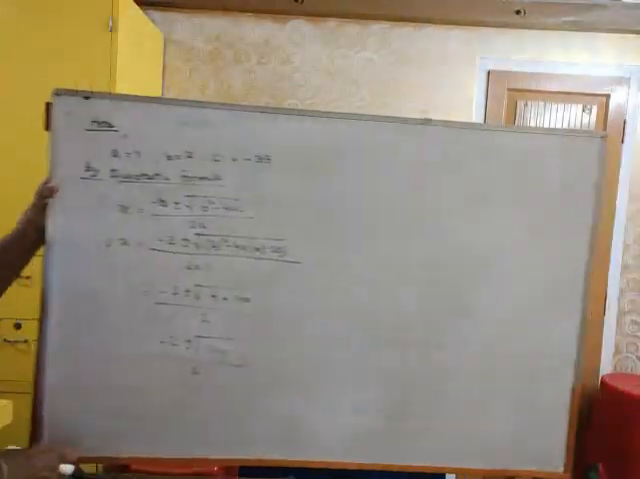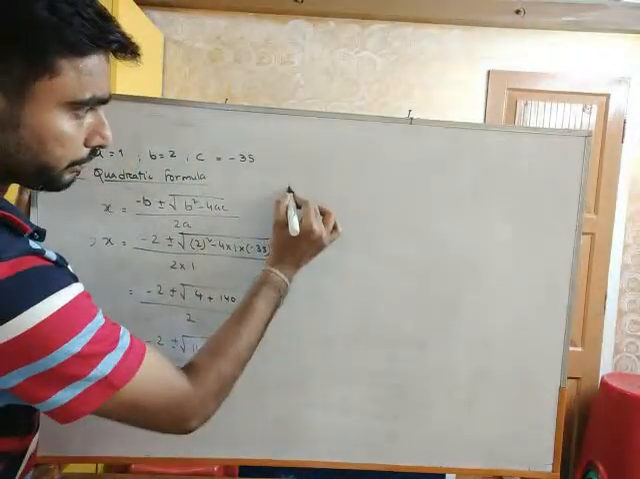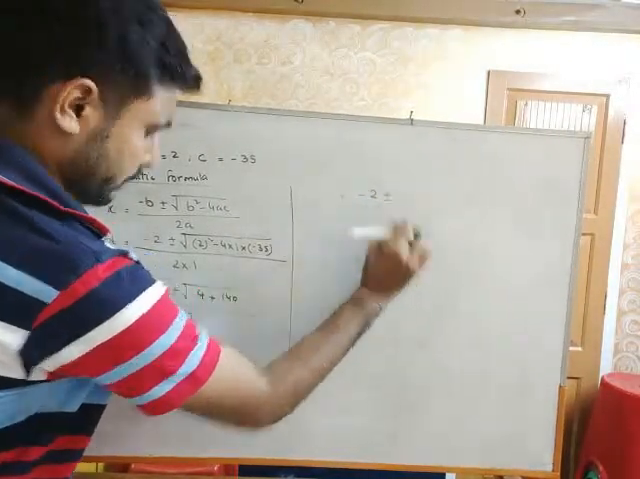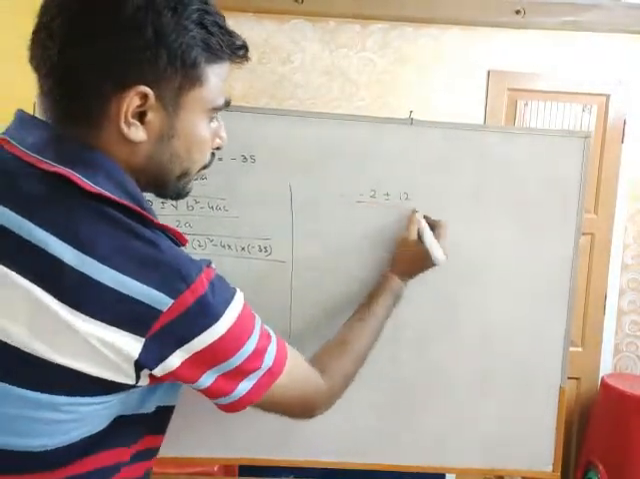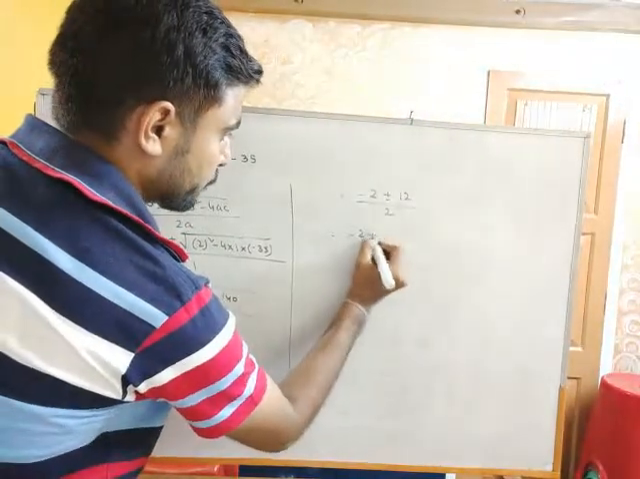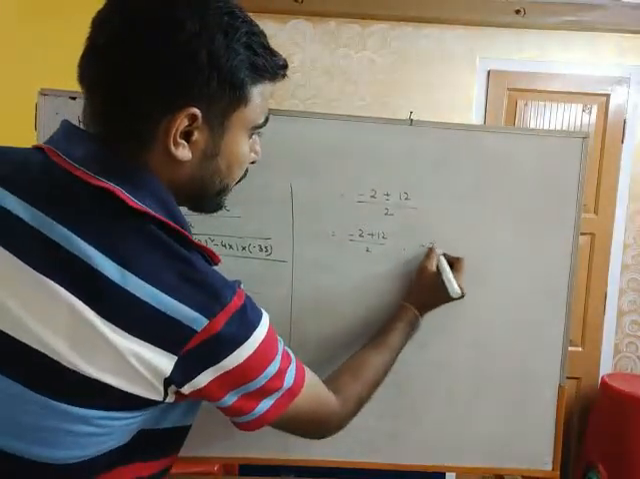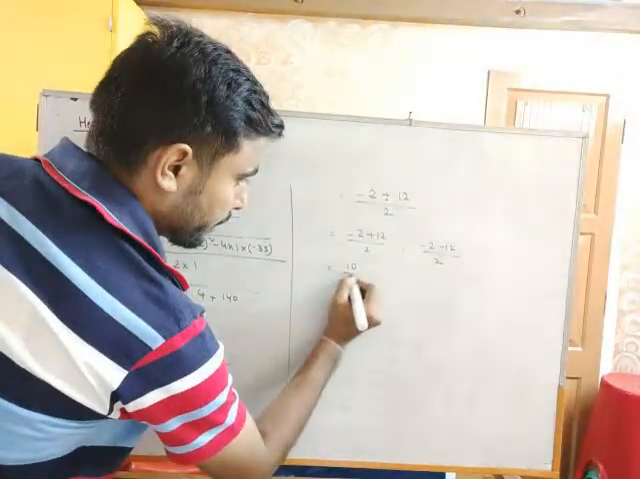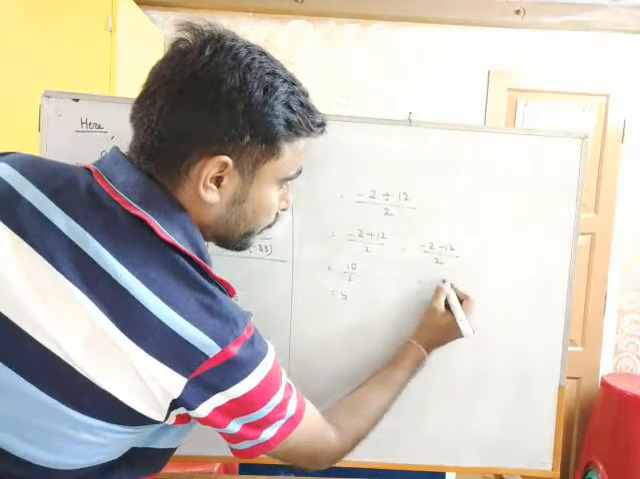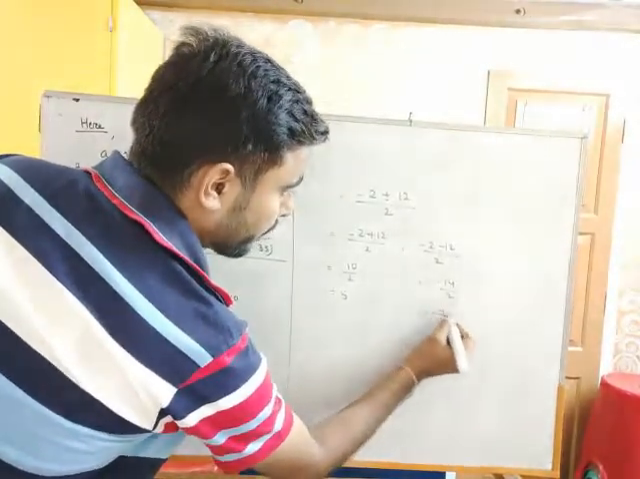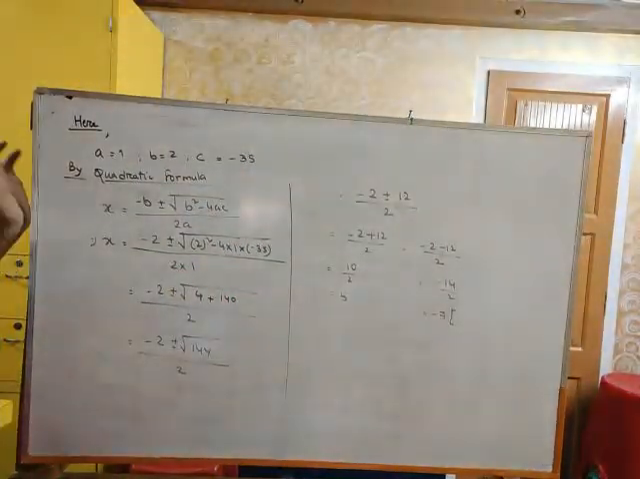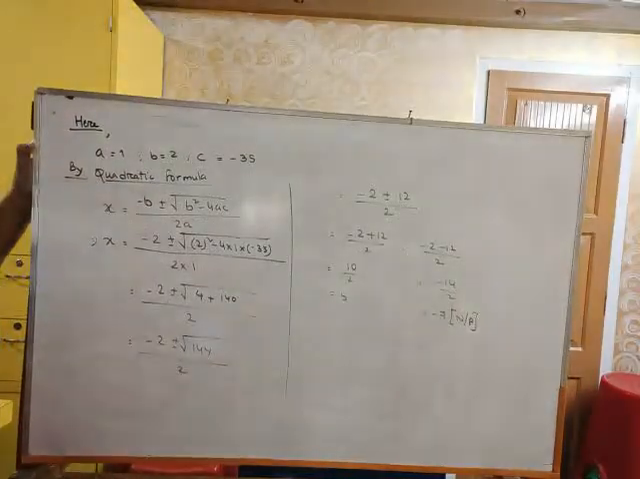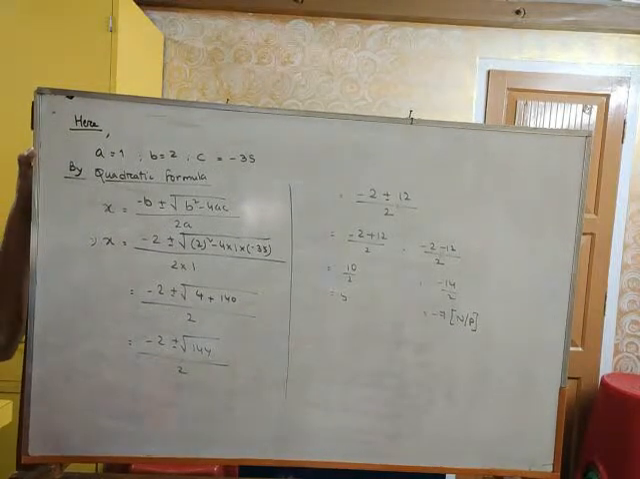Which implies minus 2 plus minus 12, because root of 144 is 12. So x is equal to minus 2 plus 12 by 2 and minus 2 minus 12 by 2. Here it will be 10 by 2, which is equal to 5, and here it will be minus 14 by 2, which is equal to minus 7. Now minus 7 will not be possible, not possible,